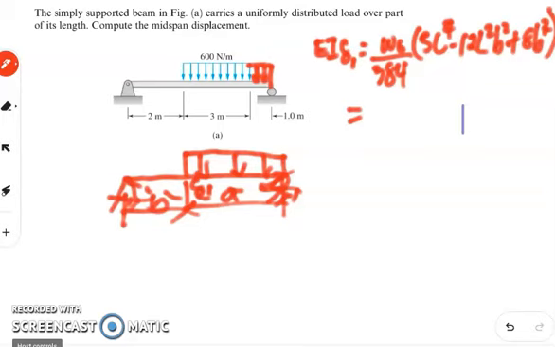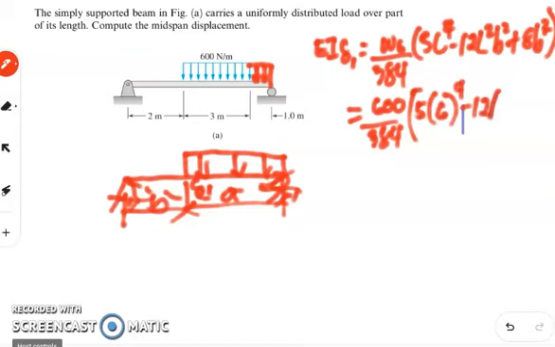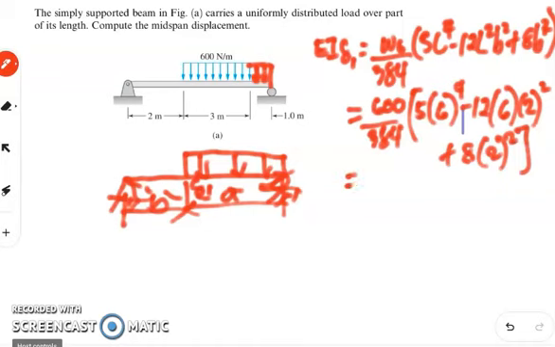So we have here 600 all over 384 times 5 multiplied to our L, which is 6 raised to the 4th, minus 12 times 6 times our B, which is 2 squared, plus 8 times 2 squared. Simplifying this one, we get a value of 7,625 Newton cubic meter. Of course, this is downward. So therefore,